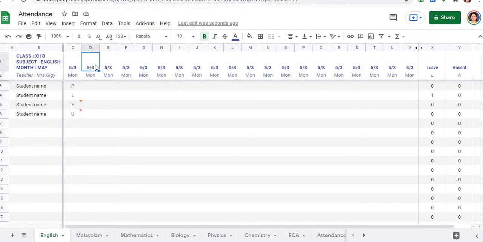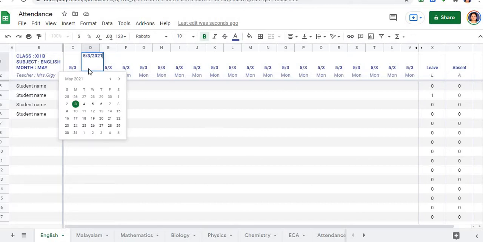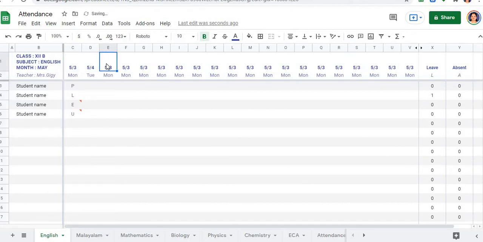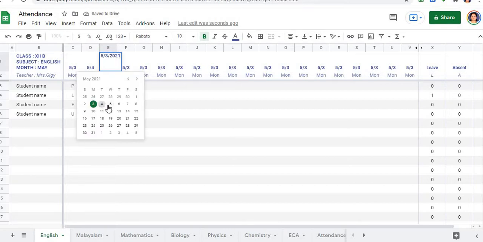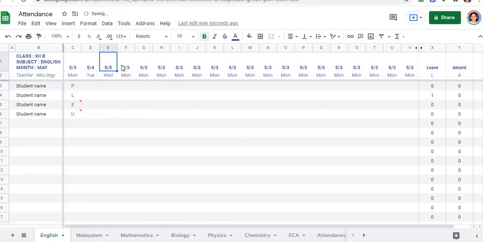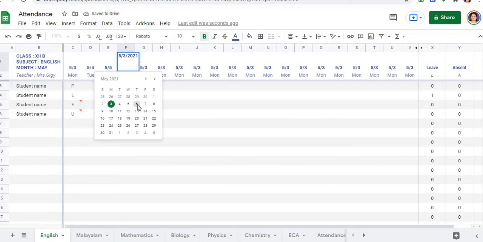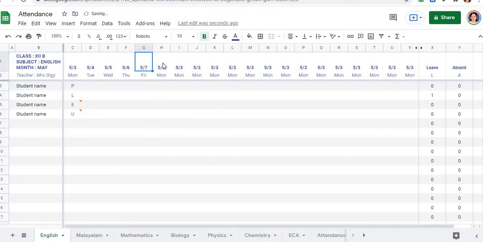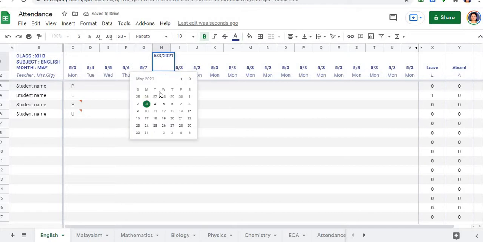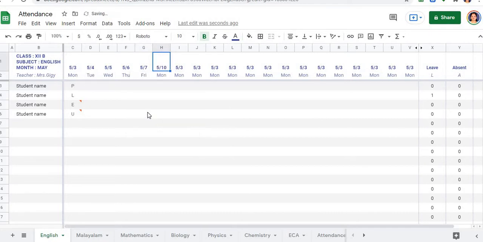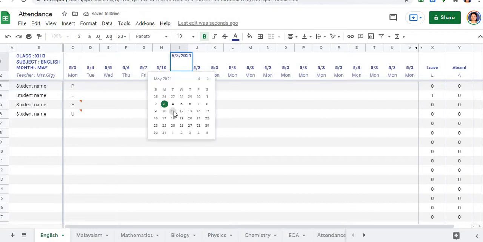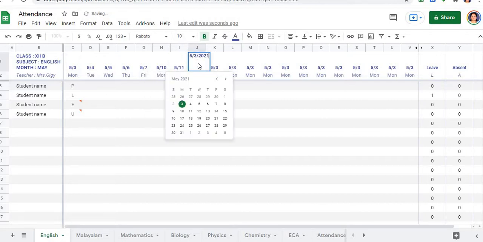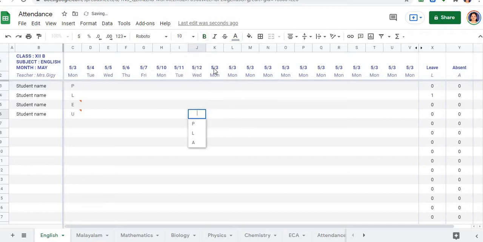As you click, you have the calendar opening, so you can click on the specific dates that the days you had the class. Okay, 6th of May. Okay, 7th of May. Now 8th and 9th being Saturday, Sunday, we didn't have a class, so we'll have it again 10th. So likewise, you can accordingly change the dates and then make changes in the calendar.